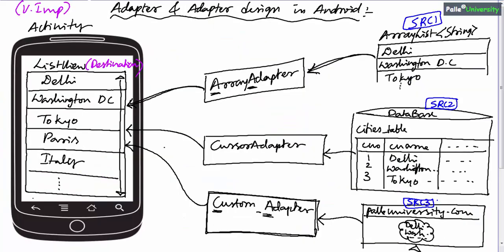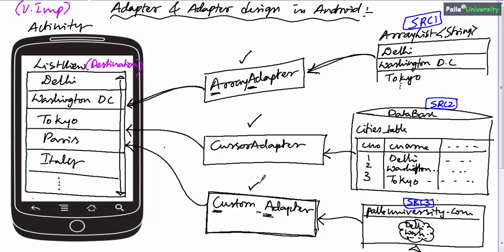Similarly, in the past session, I have shown some examples for adapters also. For example, array adapter, cursor adapter, and custom adapter. Out of these three adapters, array adapter and cursor adapter are predefined classes of Android. We will use array adapter if data is coming from array list to list view. We will use cursor adapter if data is coming from database table to list view.